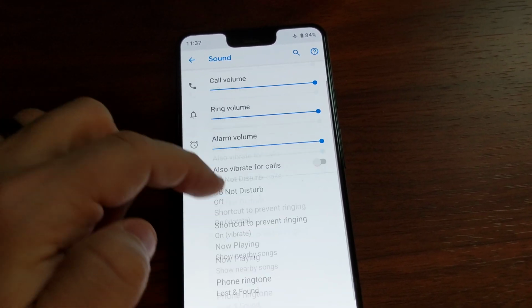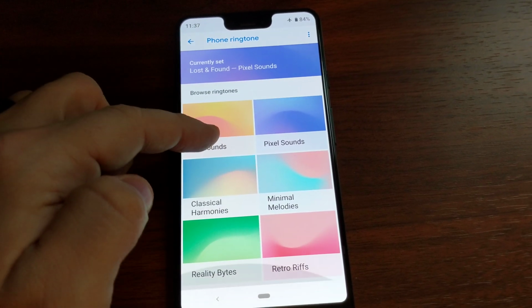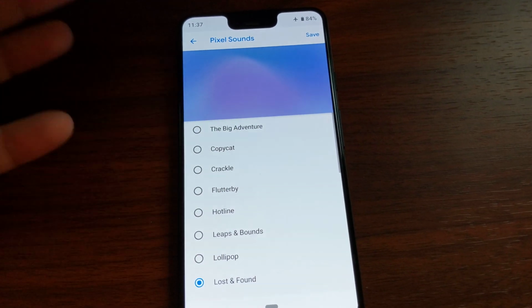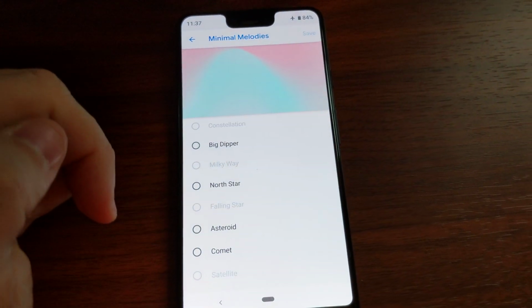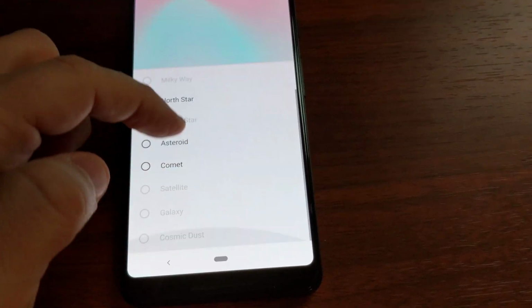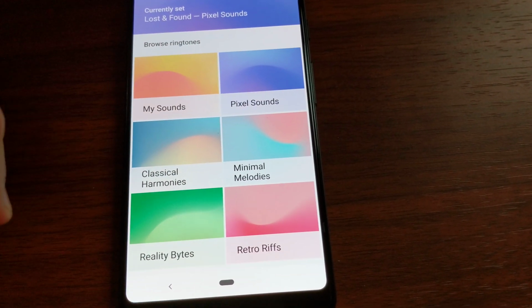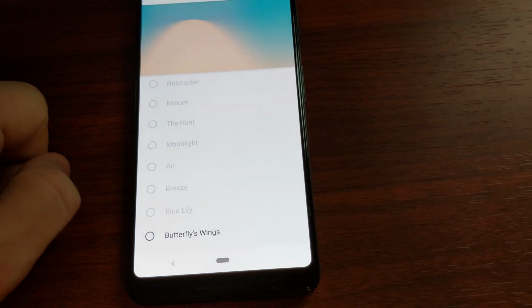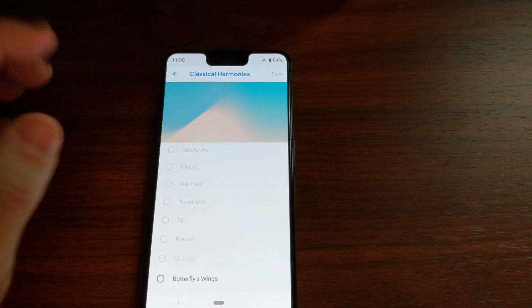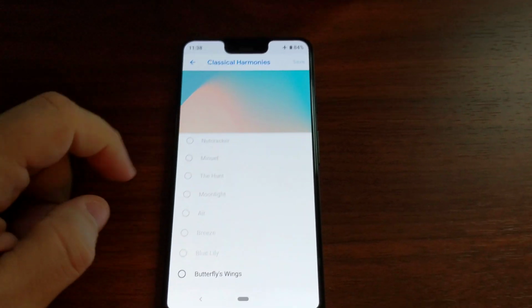But what they did was just give it a little fresh coat of paint. It still has the same type of menu, however, there are a whole lot of additional sounds. I have airplane mode turned on to avoid notifications popping through while I'm trying to show this. So these ones that are grayed out look like they are network reliant. When you are connected to the internet, they pop up, and once you select one, it will download